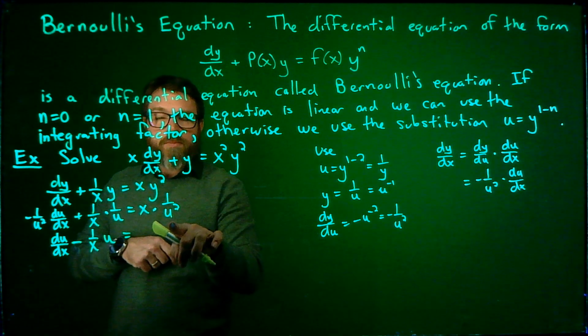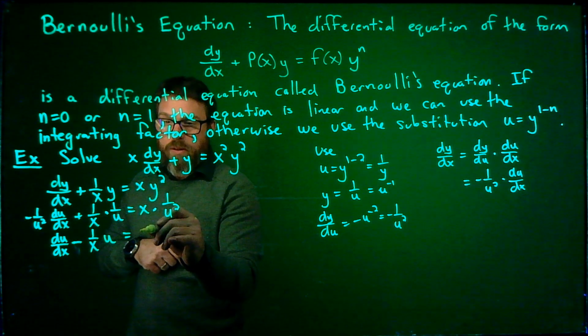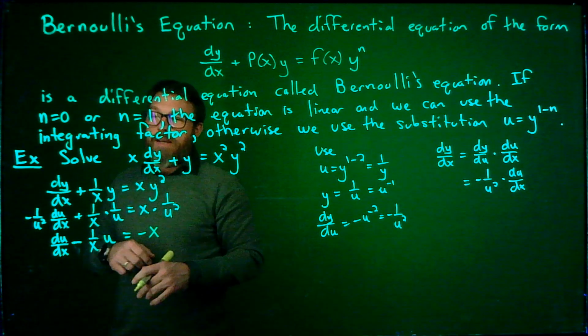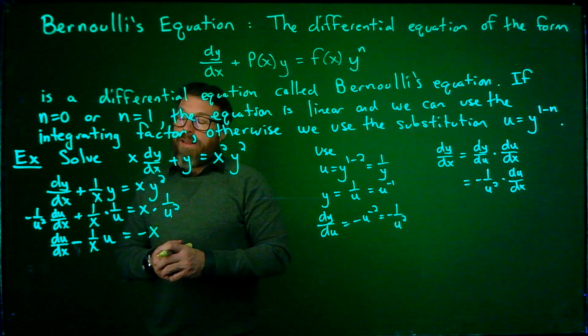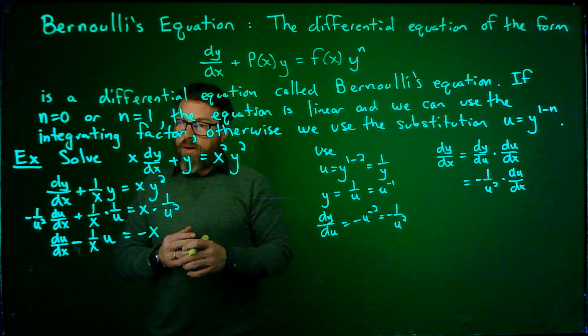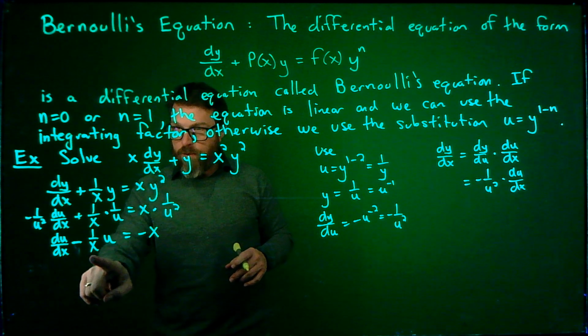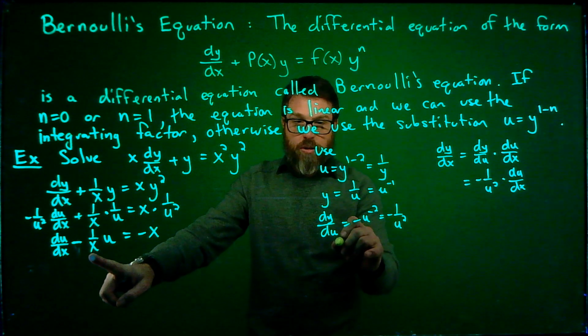Now, if I multiply this by negative u squared, the u squareds will cancel, but I'm still going to have that negative. Now, this is a linear differential equation where I can use the integrating factor, and that integrating factor is going to be found by finding this. So the integrating factor